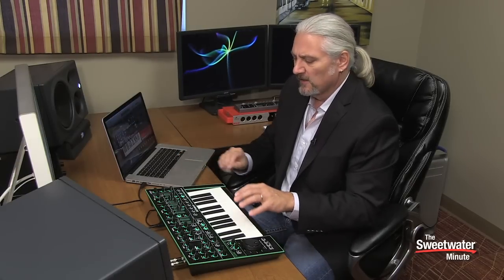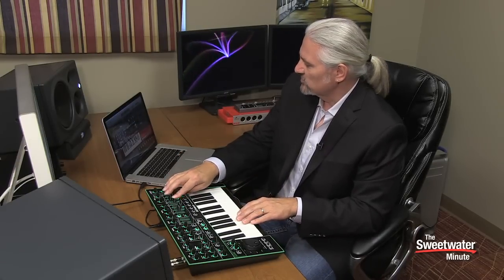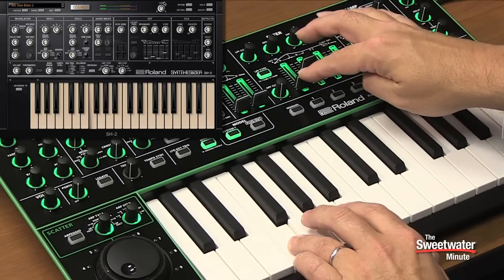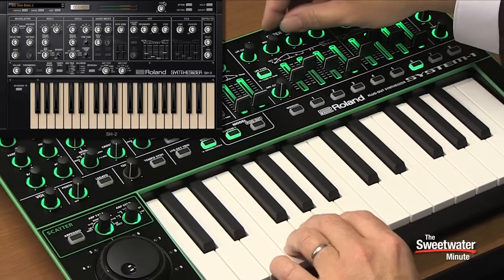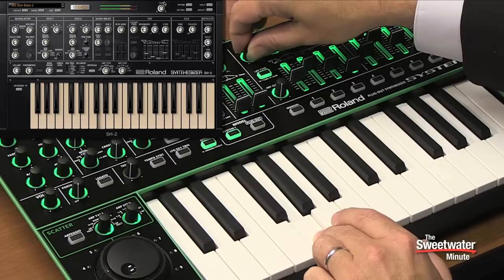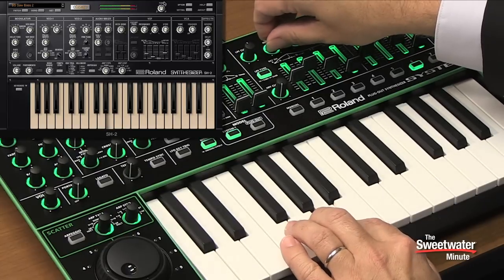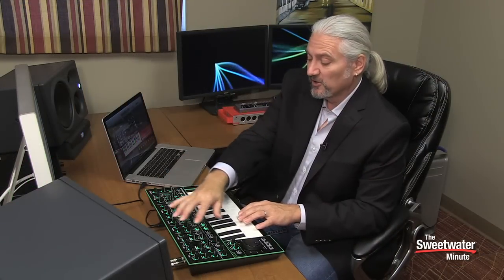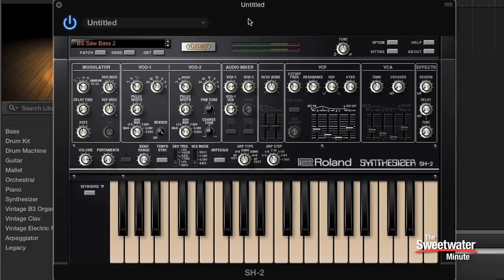Now I'm going to go back to the System-1 settings here. And at this point, anytime we move a control on the System-1, we're moving a corresponding control inside the plug-in. So we can change the filter cutoff. Any of the parameters that we might move the buttons for here on the System-1 make corresponding changes over here